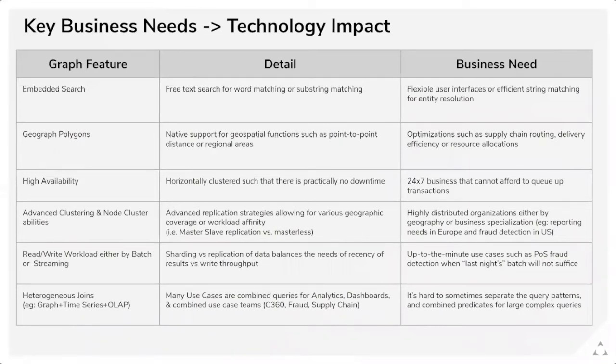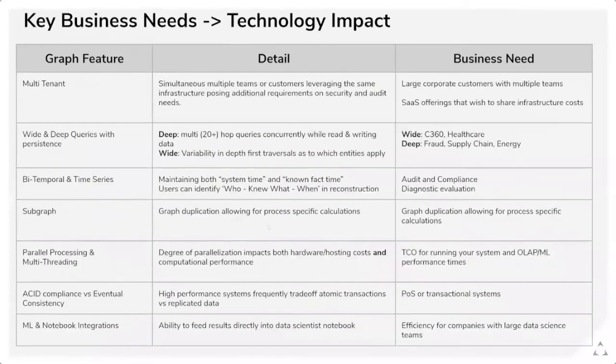This advanced clustering and node clustering abilities, right? Suppose I've got 2 business units, one in Europe and one in North America, and I'd like to reduce the latency, and maybe some workloads I'd like to ship over to Europe because only the people in Europe are needing this. I can actually control the replication and some of the workload to make it either locationally nearby for geographic reasons, or maybe I want to segment it such that my data scientists, every time they launch a big job,